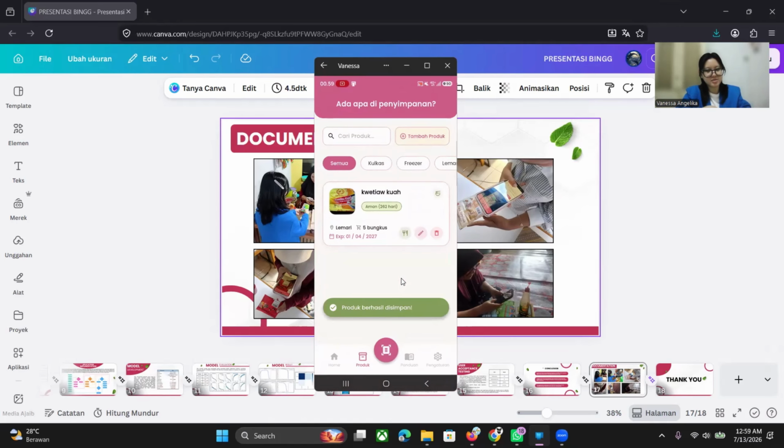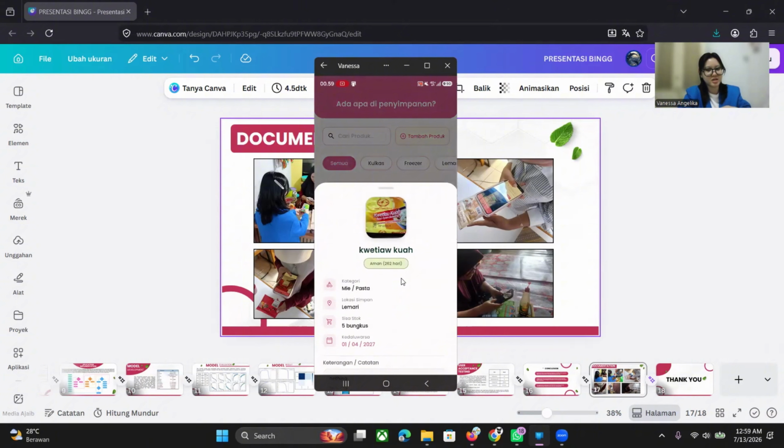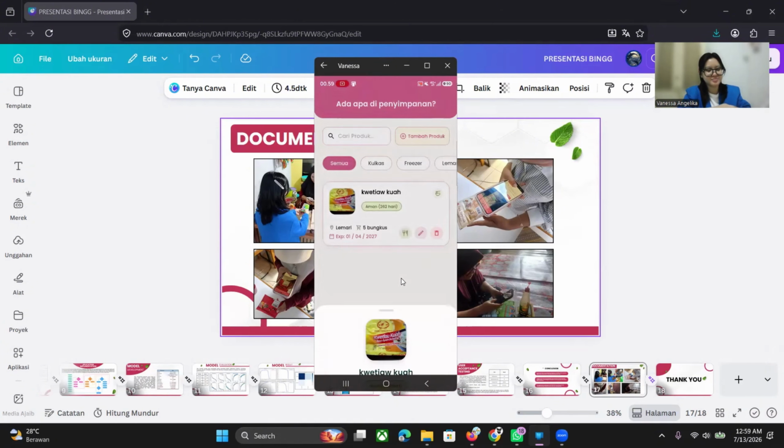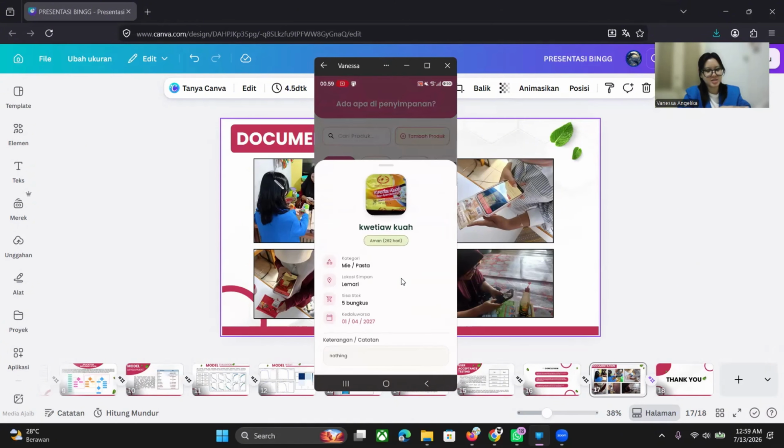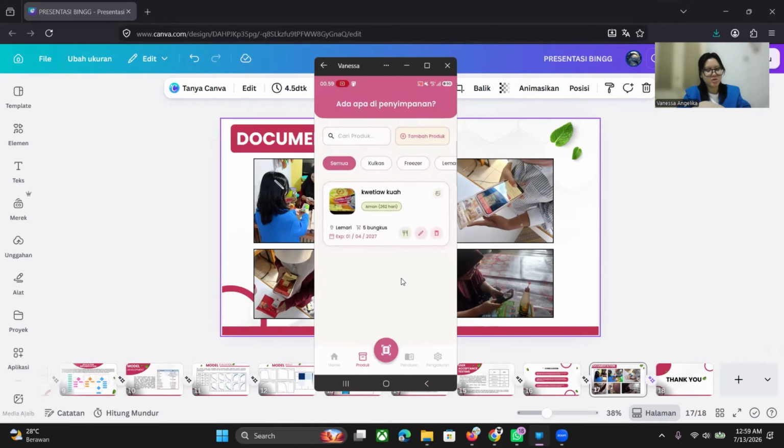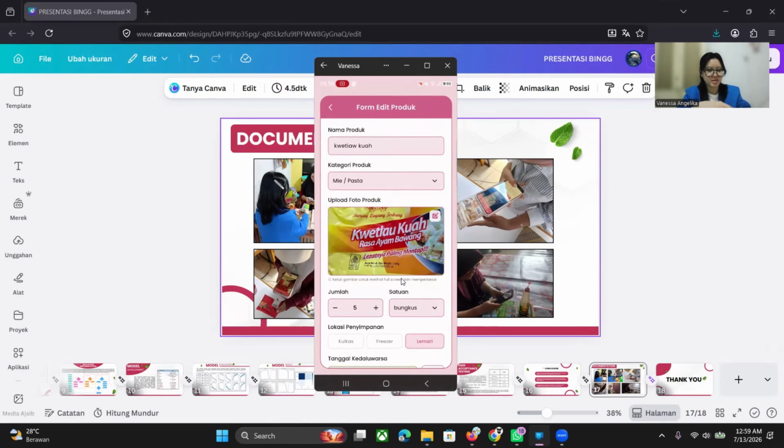So here is the product list. This is the preview. And then if we want to see the detail, just click on the product. It can be shown like this. And then if we want to edit it, we can just choose the pencil icon to edit the products. If we edit it,